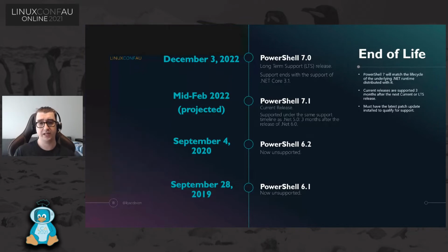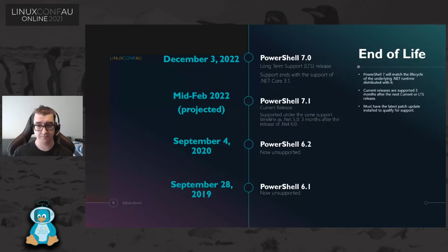PowerShell 7.1, on the other hand, is considered a current release. It's not an LTS release. Current releases of PowerShell are supported for 3 months after the release of the next current version or the next LTS version. PowerShell 7.1 is projected to be supported until February 2022. So that means we're looking at PowerShell 7.2 being released around December of 2021,